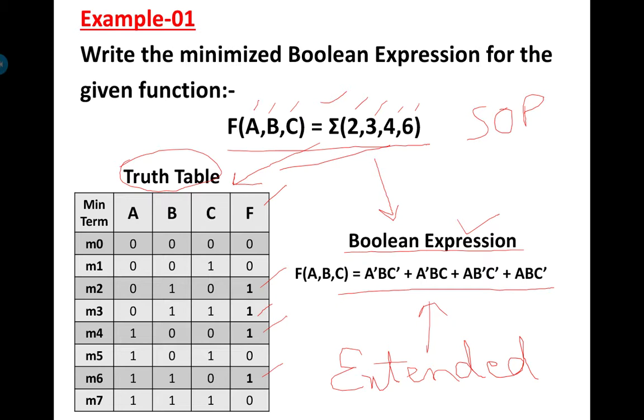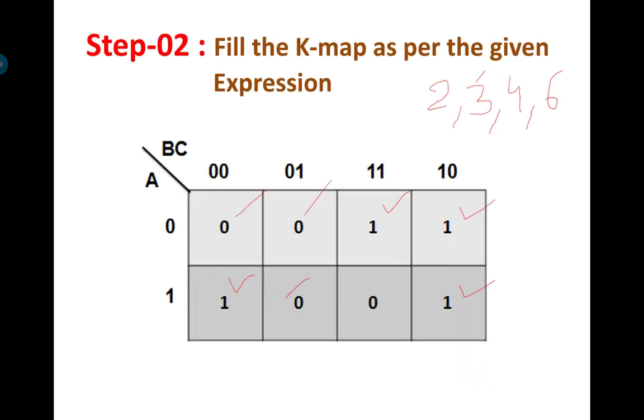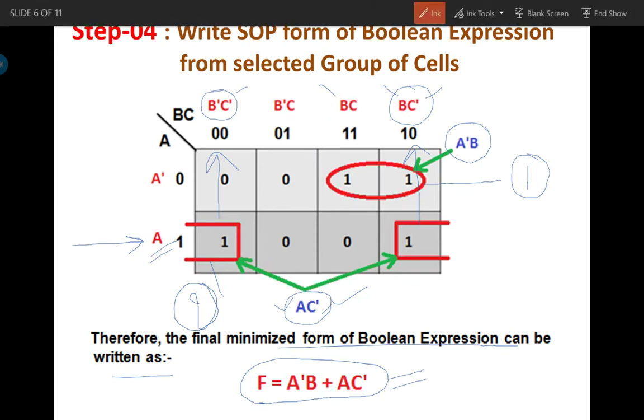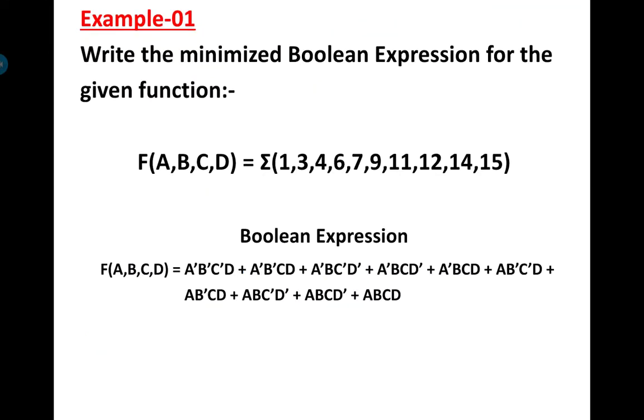As you see from the starting, we were given this Boolean expression in the extended form, and with the help of the K-map, we ultimately come to the final solution of the reduced Boolean expression, and ultimately the hardware will reduce. So in this way, we reduce the Boolean expression using K-map. In this example, we have seen the 3-variable K-map and how to solve it. Now similarly, come to the next example.